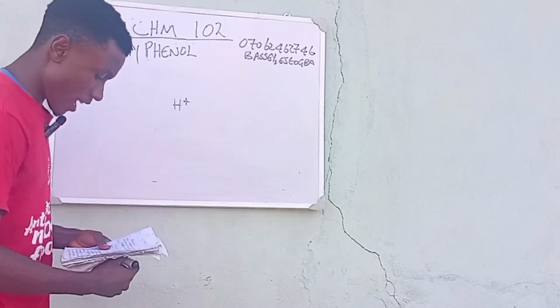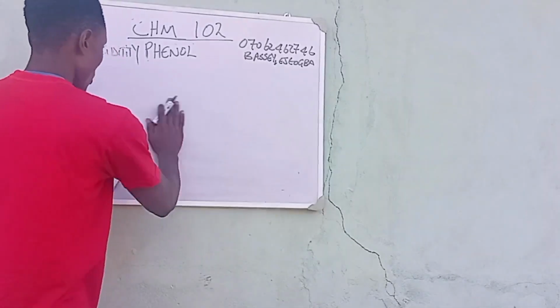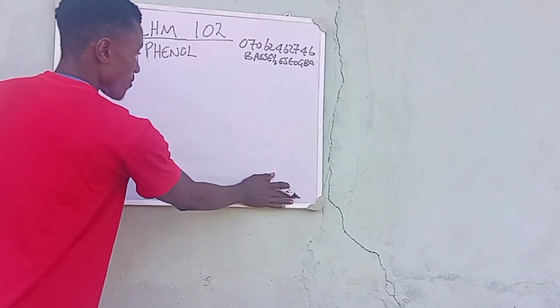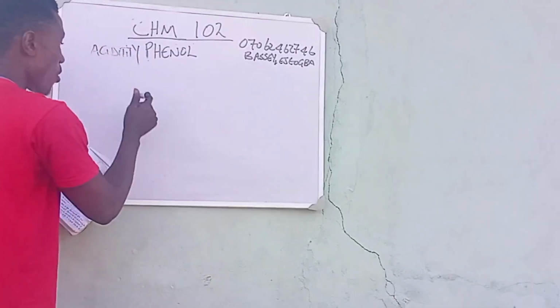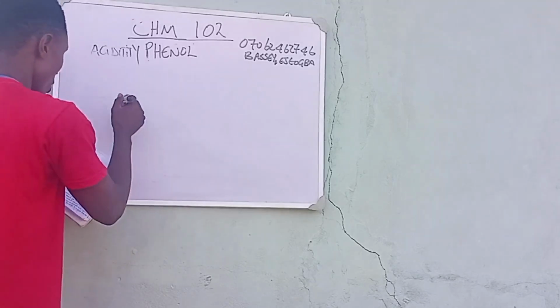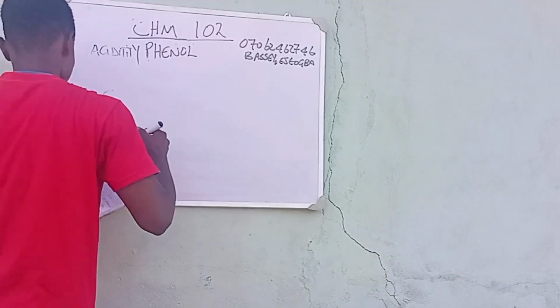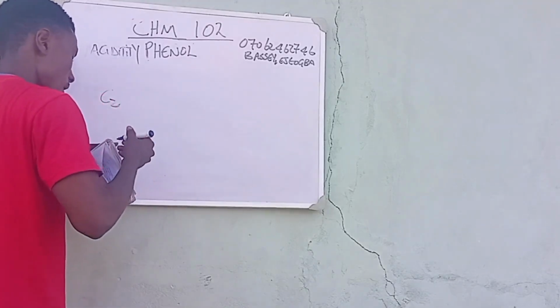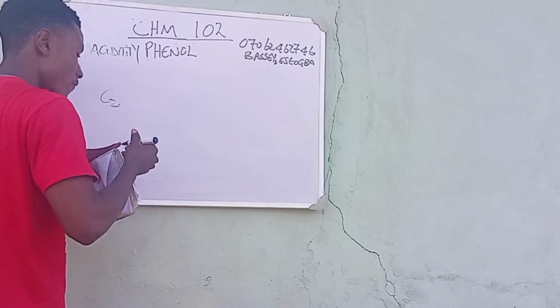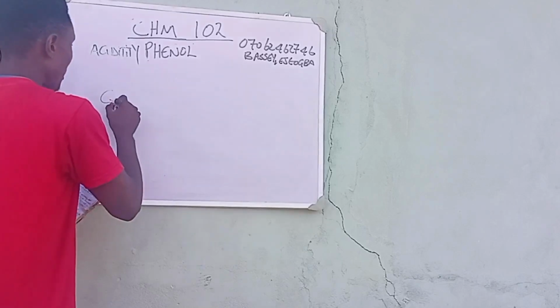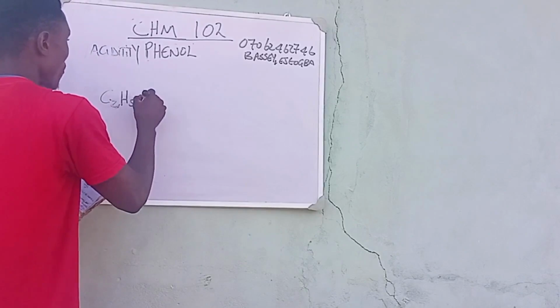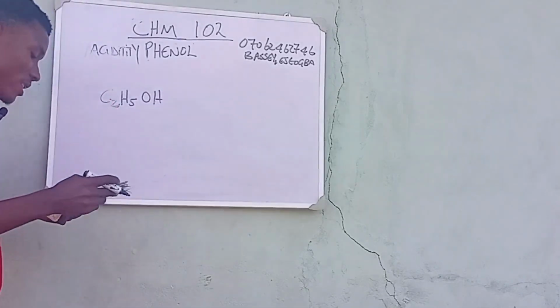Ethanol, it will dissociate. So let me give you the formula for alcohol, for ethanol, sorry. So we have our C2H5OH. This is our ethanol